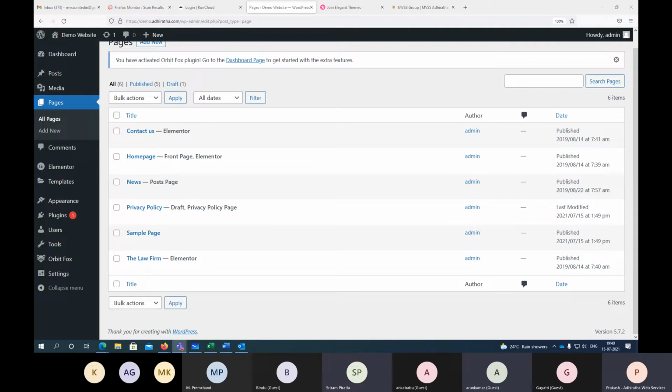I think we have to go to settings and download a plugin, WP Reset. Yes, right. So we need to use a plugin called WP Reset, or you have to send a request to the service provider who gave you the website. For example, now I am the guy who provided you the website, right?